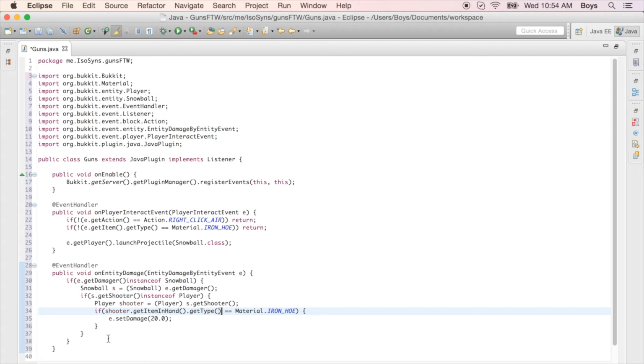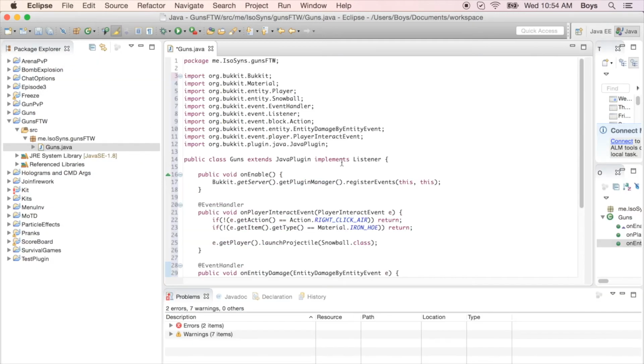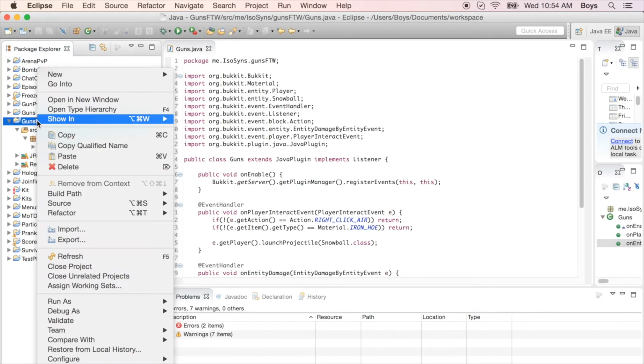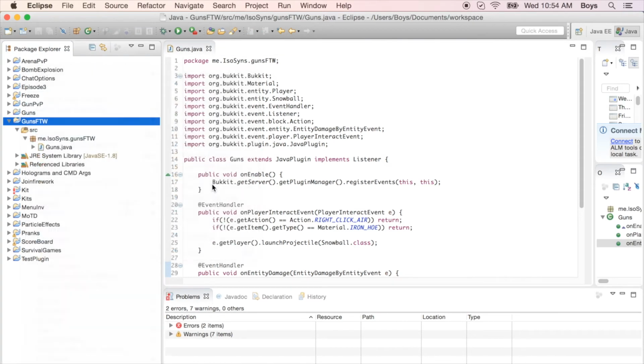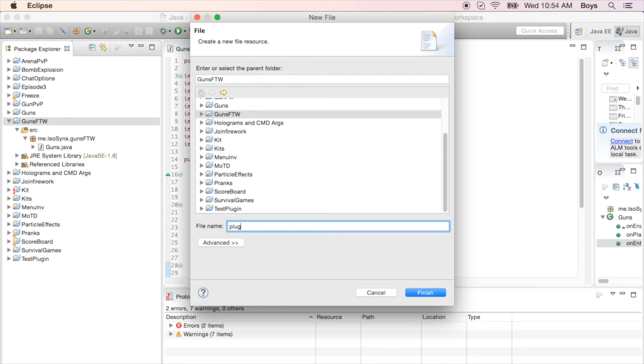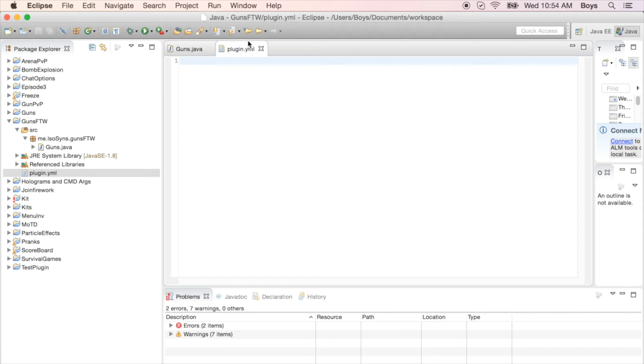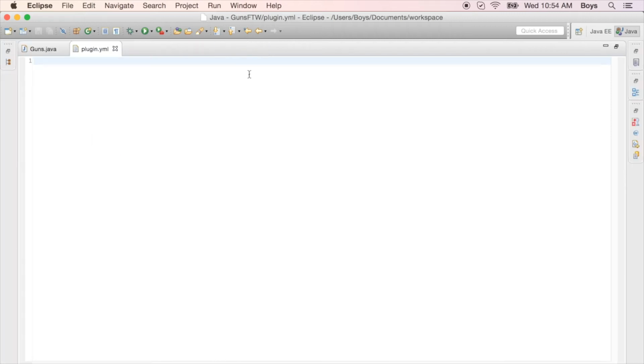Okay, so we've just done our Guns.java and we've activated the gun, and all we have to do now is just command save, then we'll right click, Guns For The Win, new file, and let's name the file plugin.yml. Okay, now let's just jump into that, and then all we have to do now is name: Guns, because it's called Guns. Now let's do version 1.0, main,